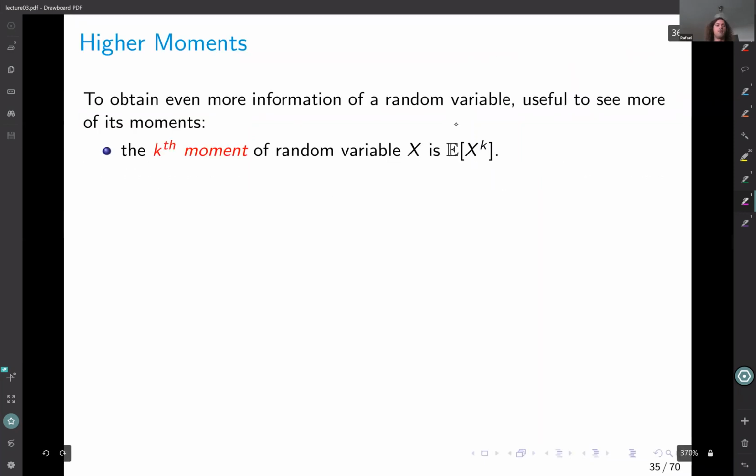Well, we define the kth moment of a random variable X as the expectation of X to the power of k. And why is that? Why would that give you more intuition? Because, remember,